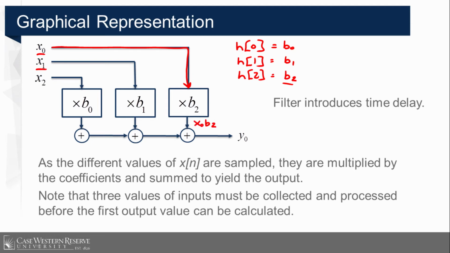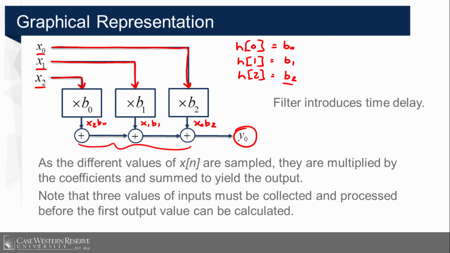Then the second data point comes in as an input, and we multiply x1 times the second filter coefficient, b1. Then our third data point comes in as our input, and we'll have x2 times b0. And then we'll sum up all of these terms, and that will be the first element of our output,